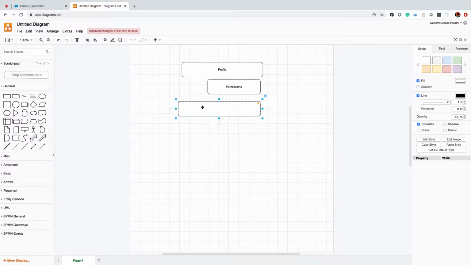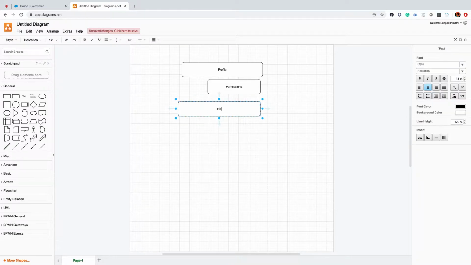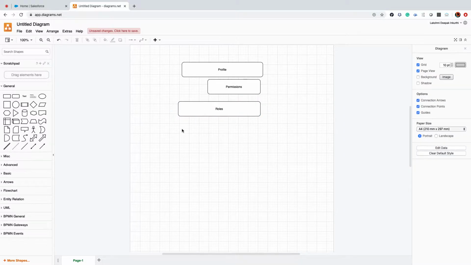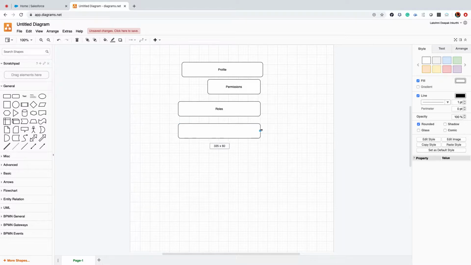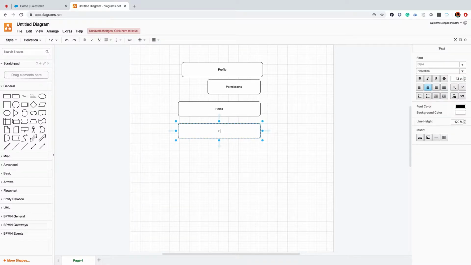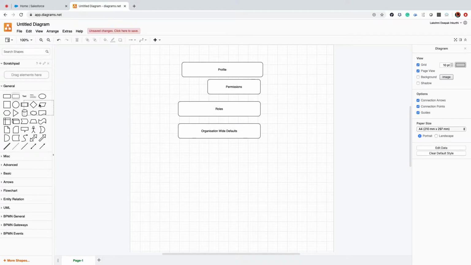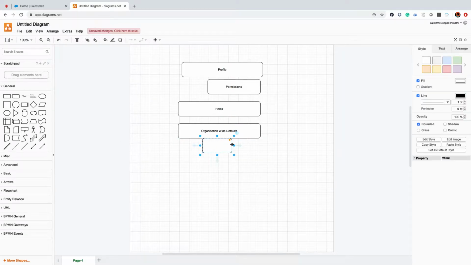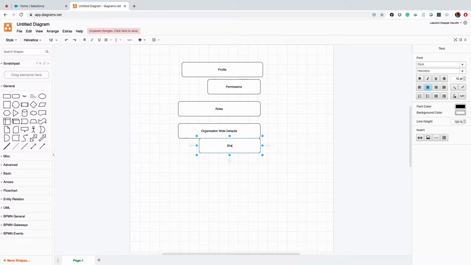And then we have roles, organization-wide defaults, and sharing rules.